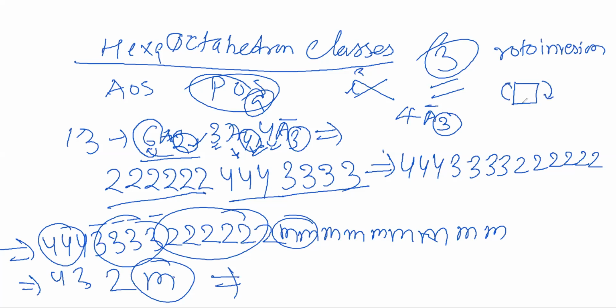Like when I make it this way, this face has now gone upward. After this, if we are rotating again 360 degree, there will be the same thing. After rotation, symmetry will be retained. If the symmetry is retained even after inversion, then that is known as roto inversion. So it is 3 bar.